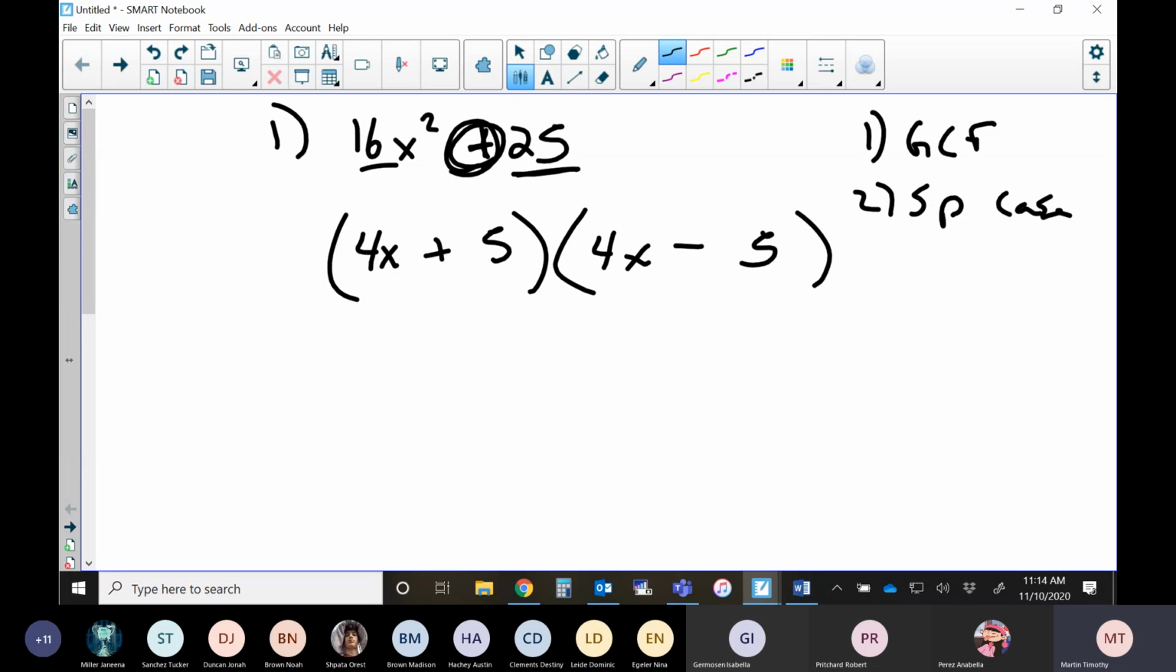However, because this is a plus sign, I have to put an i with the 5. And the reason that I have to do that is because if I just left it as a positive 5 and a negative 5,